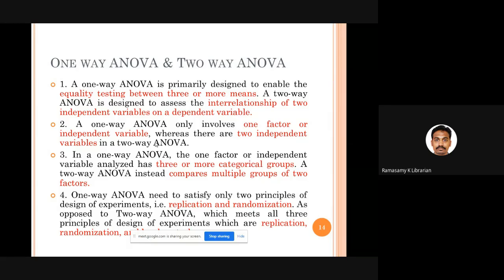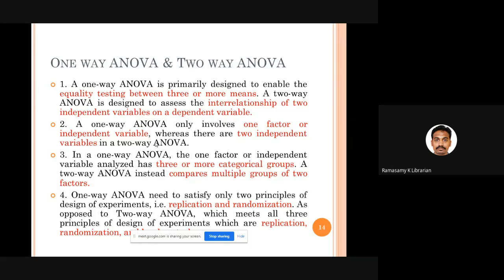This particular independent variable has 3 levels. Only one independent variable. What is the name of the independent variable? Educational qualification, or what they are studying now. This independent variable has 3 levels: UG, PG, research scholar. So whenever your independent variable has 3 or more than 3 levels, you can go for ANOVA.